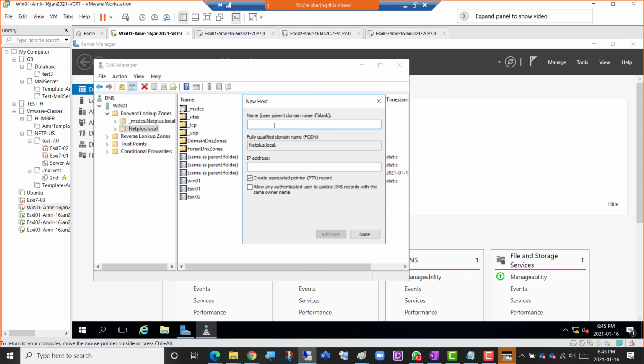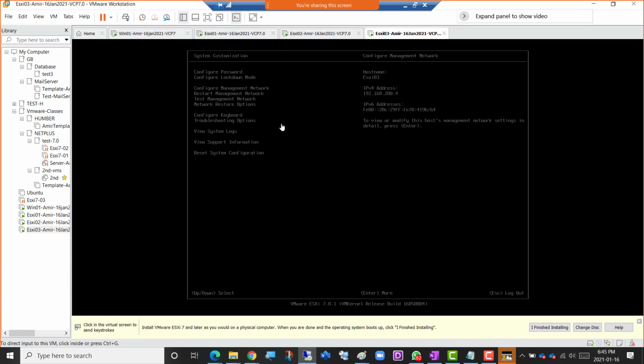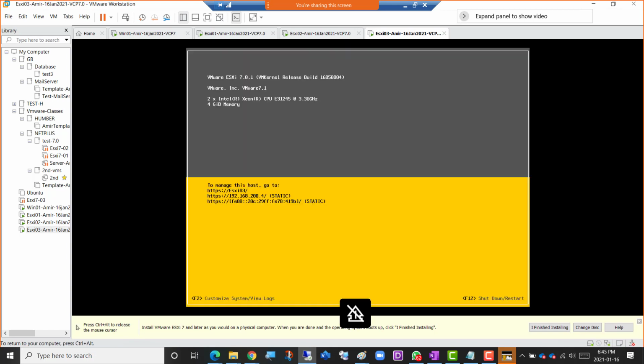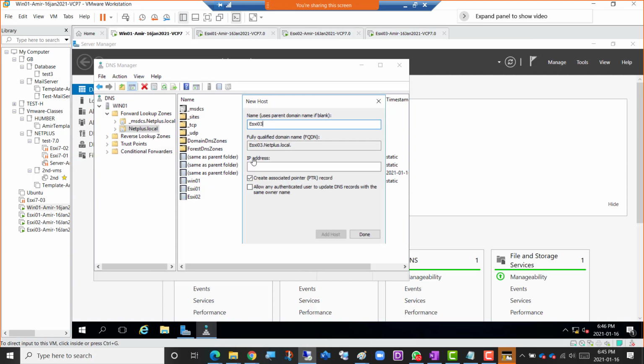So we're going to go for the third one, ESXi03. And if I go there, press escape, select it and press escape, then ESXi03 and 200.4. Okay, it's better to cross check. Don't assume anything in IT. There's a saying for assume. Some of you may have heard about that: it makes an ass out of you and me. So assume. So anyway,